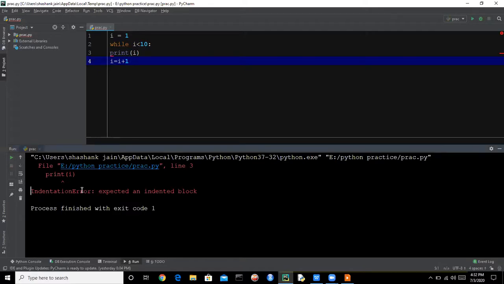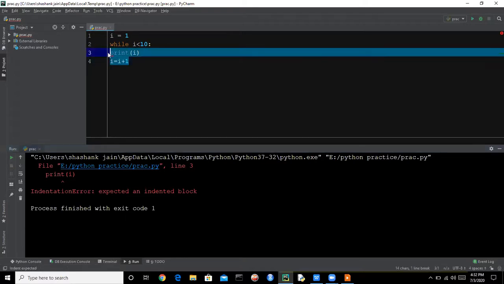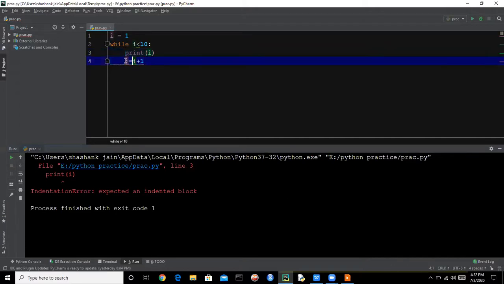Indentation error is like we need to give a space here. The while loop creates a block. If we use this colon, then the block will start, and all the lines in this block need to be indented with the same space.